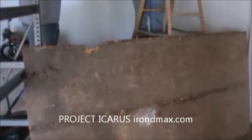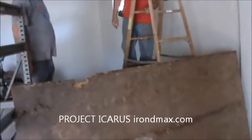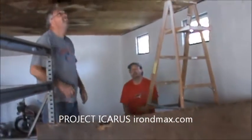Oh, splinter? Tetanus. That battery's almost dead, so I'm going to